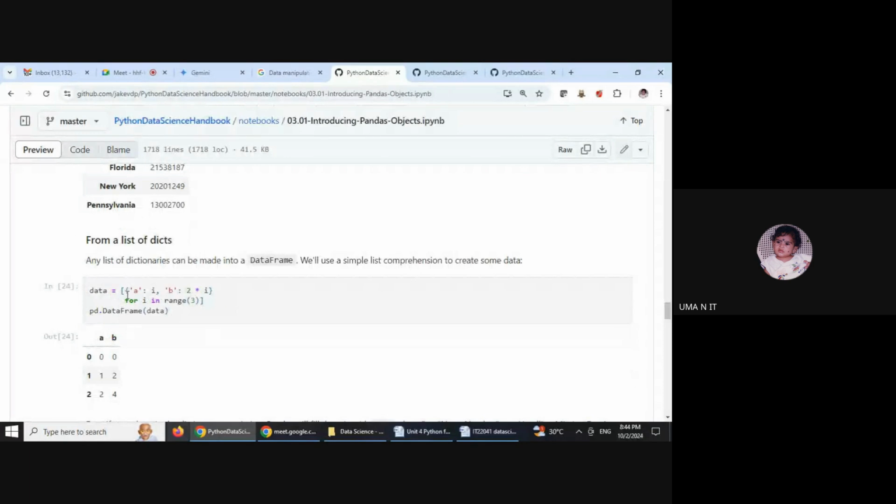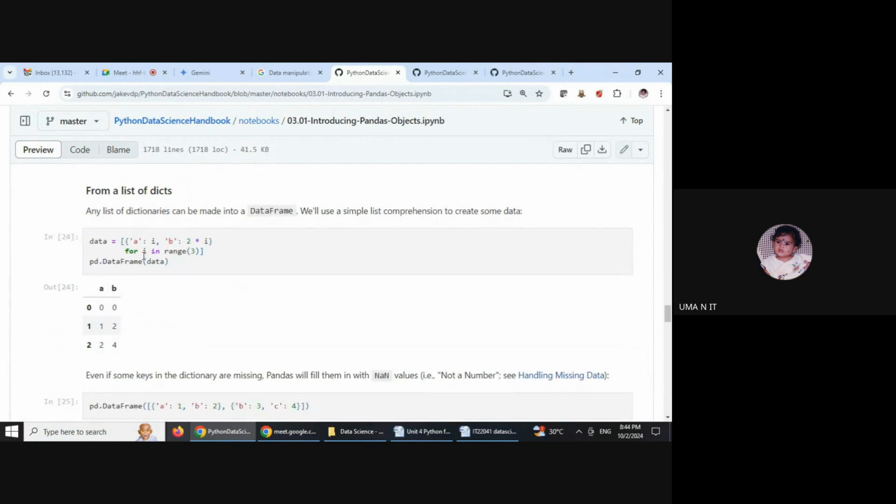And a list of dictionaries can also create a data frame. See, in this example, data is equal to some key value pairs, and these key value pairs come from a list comprehension, which generates a data frame. By this data variable, we can create a data frame.